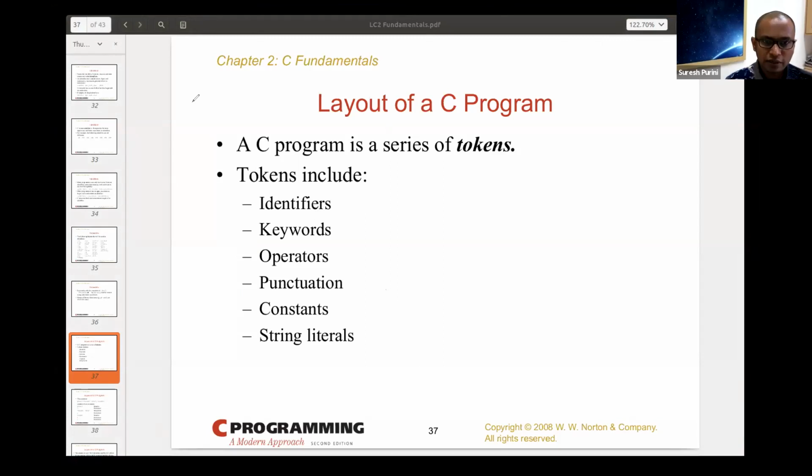So your C program is a series of tokens. An alternate way to look at it, later on you will see a much more interesting way, is that your C program is a collection of files. Okay, let me do it this way just for the sake of completeness. Your C program is a collection of .c and .h files. That is, your program can be spread across